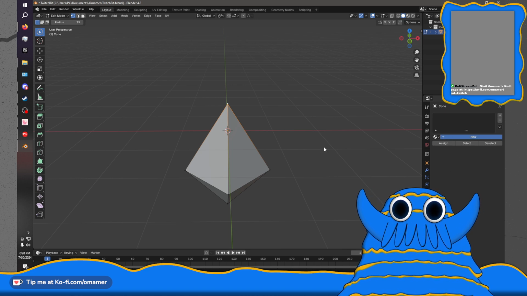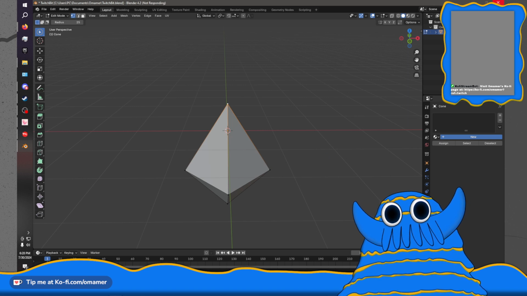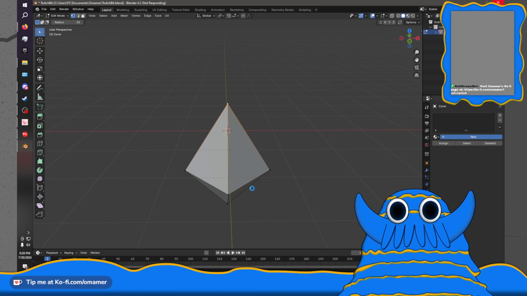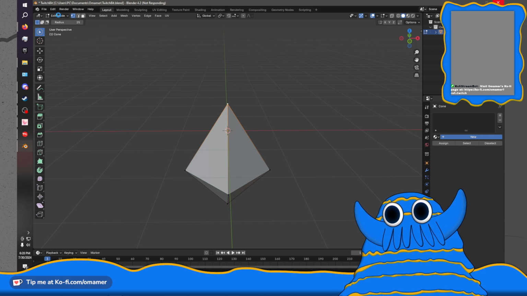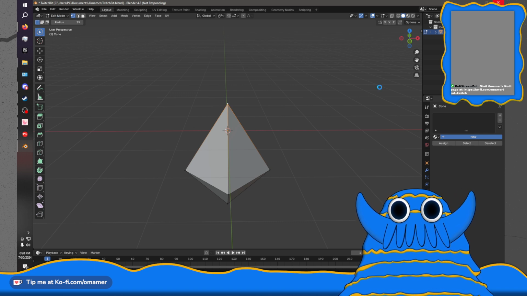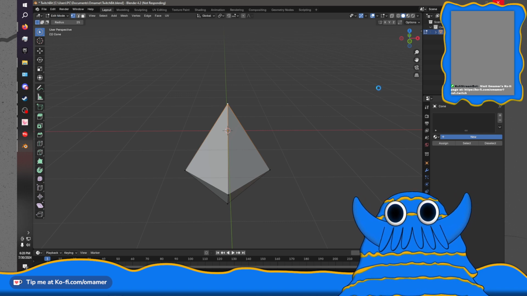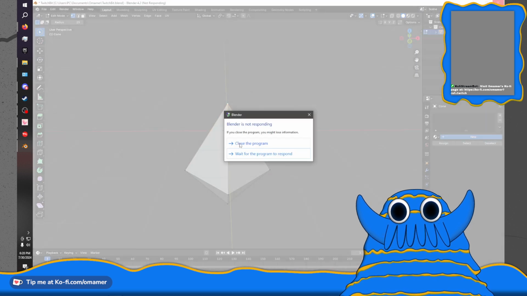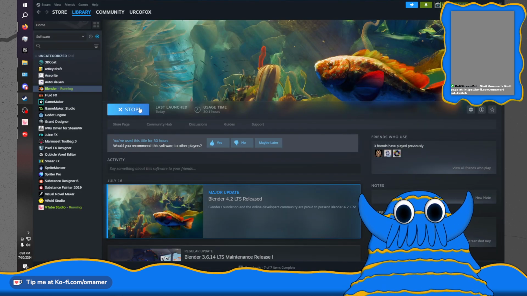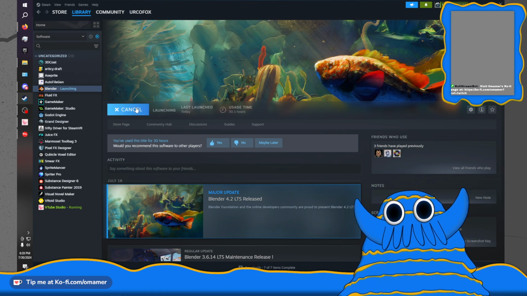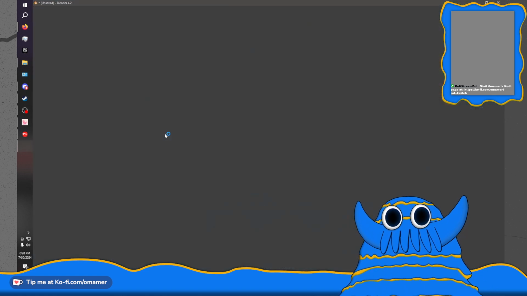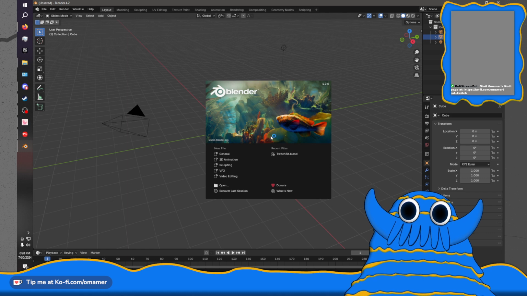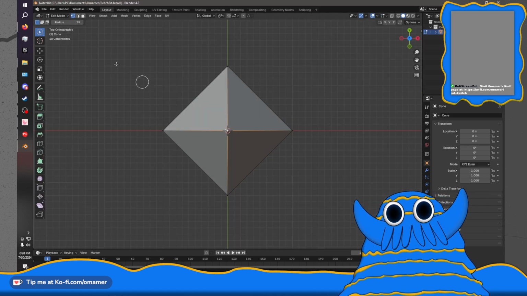Is it really just not going to let me make them? Is it because I've only got the point selected? Well, this is embarrassing, for Blender anyway. This is a pretty good computer. I don't know why it's struggling.